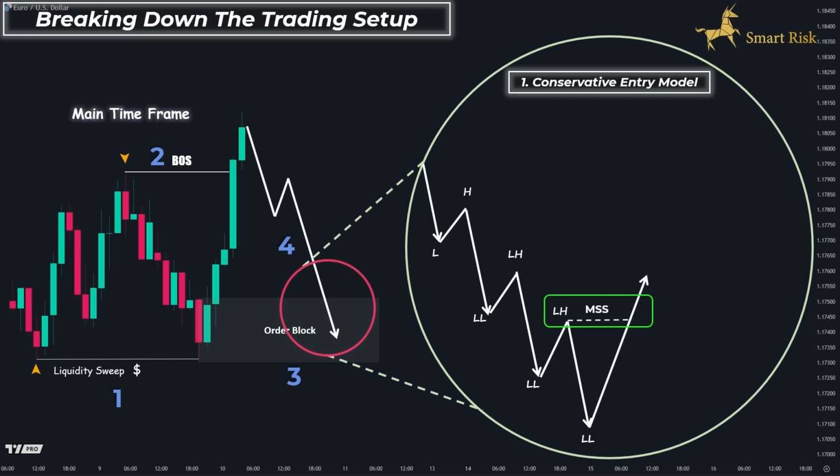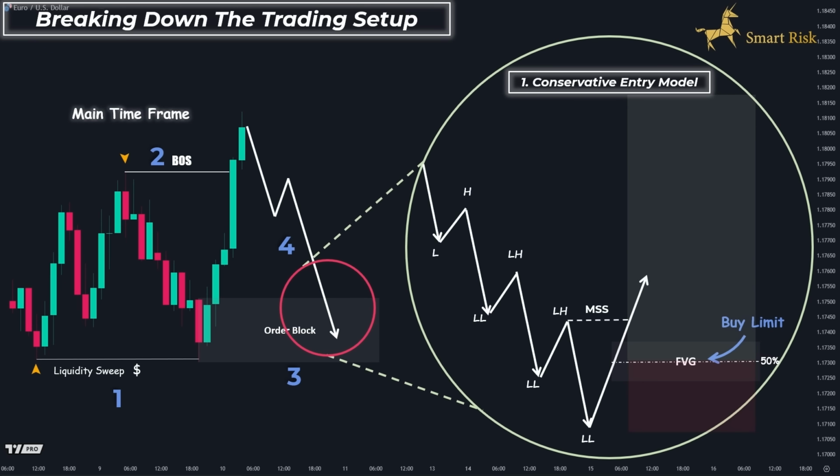confirmation. Now, once that structure shift is confirmed, and we expect the price to move higher, the next step is to look for a buying opportunity. At this stage, we focus on spotting a bullish fair value gap that forms within the market structure shift leg. These zones often act like magnets, pulling price back in before it continues upward. To execute the trade, we place a buy limit order at the midpoint, or 50%, of the bullish fair value gap on the lower time frame. For the take profit, we target the higher time frame buy-side liquidity, which gives us a precise and high probability